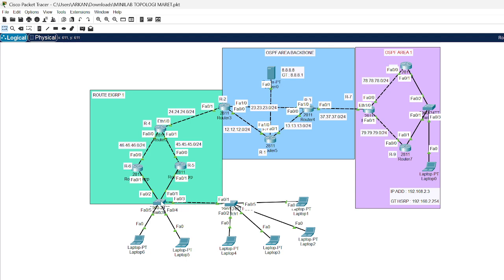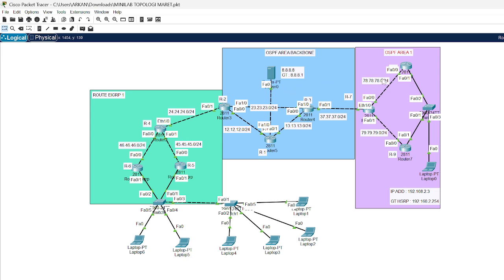The topology uses 3 routers in EIGRP, and then 3 routers in OSPF backbone. Then there is an end device, a server, with the IP 8.8.8.8, and then the gateway is 8.8.8.1.